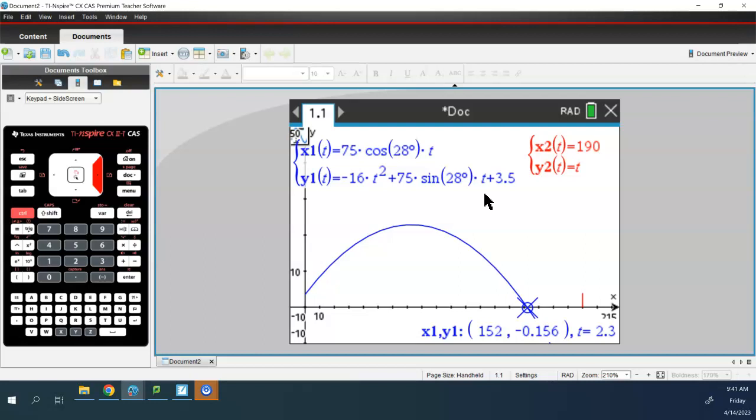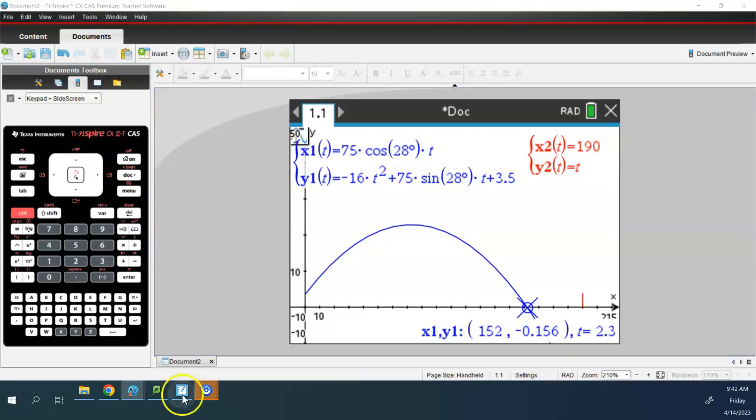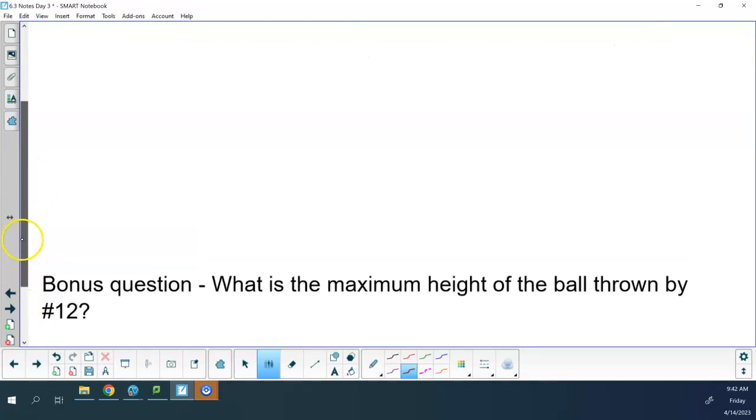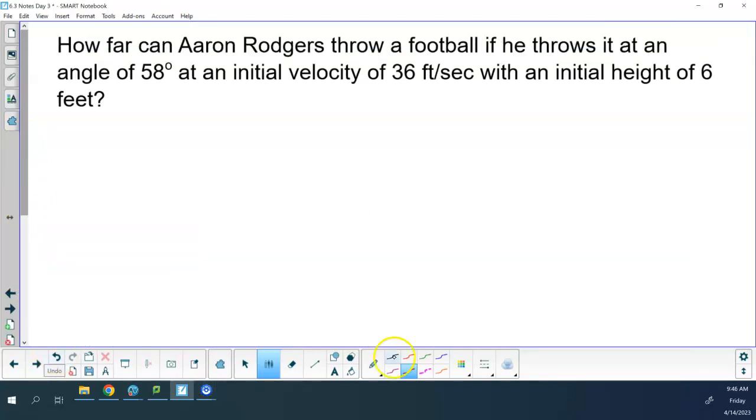All right. So with that being said, what I would like you to do now is I would like to know how far can Aaron Rodgers throw a football if he throws it at an angle of 58 degrees with an initial velocity of 36 feet per second at an initial height of 6 feet. Okay. How far can he throw said football? So I'm looking at an x value of